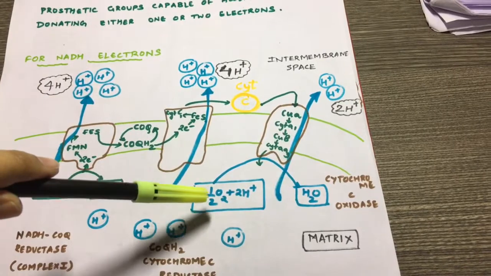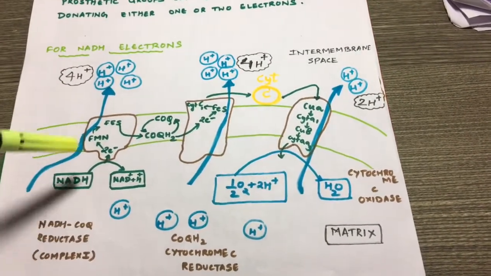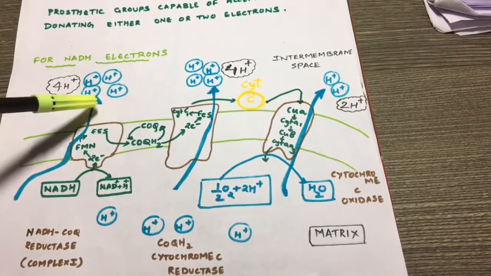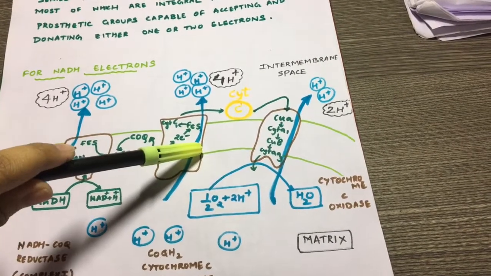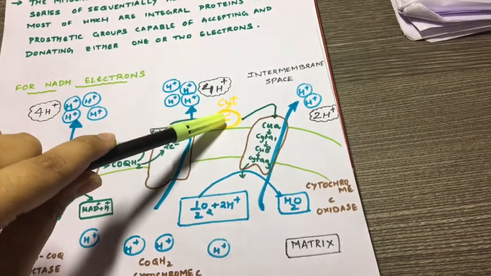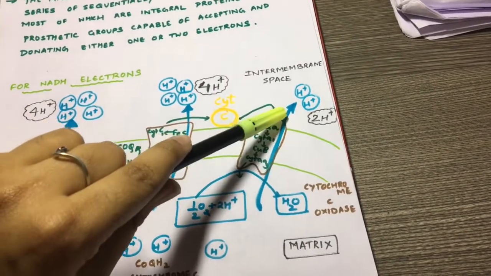So here oxygen is being reduced to give H2O. The first complex, when there is transfer of electrons, will pump 4 protons, then the electrons will be transferred onto ubiquinone, then to complex number 3, which will pump 4 protons, then cytochrome C will carry them on to complex number 4, where 2 protons will be pumped,